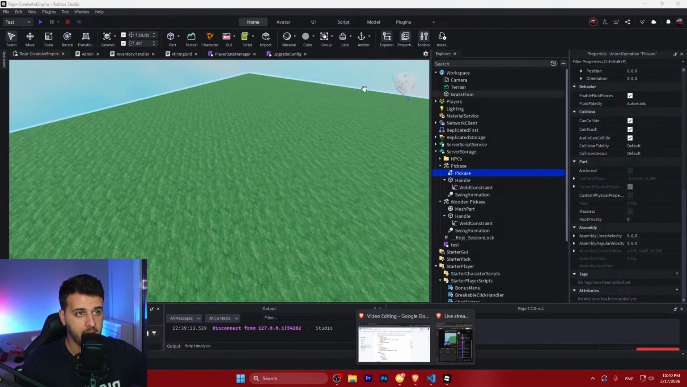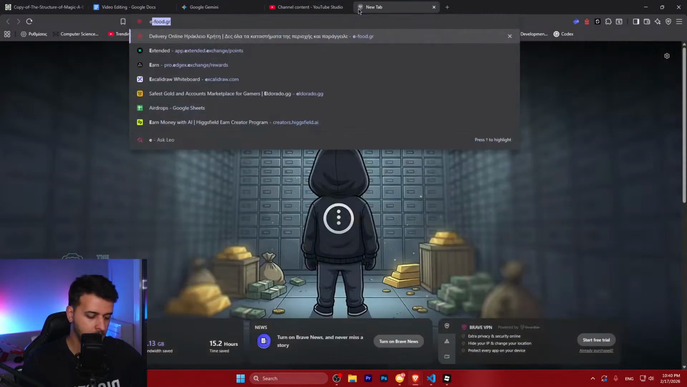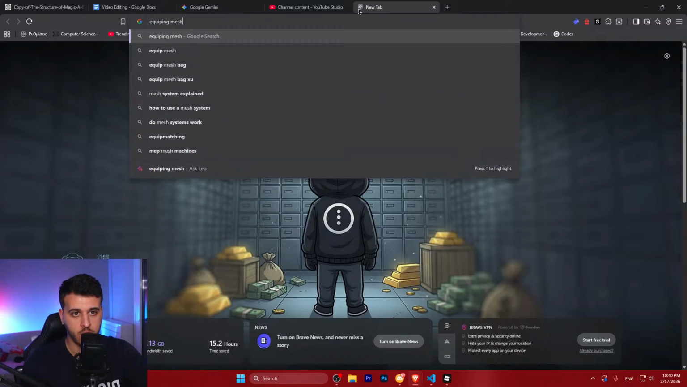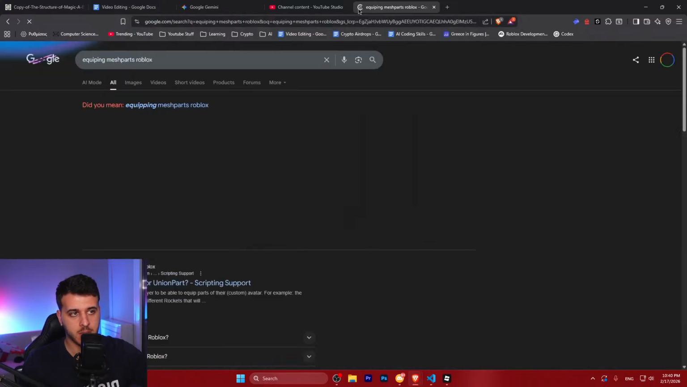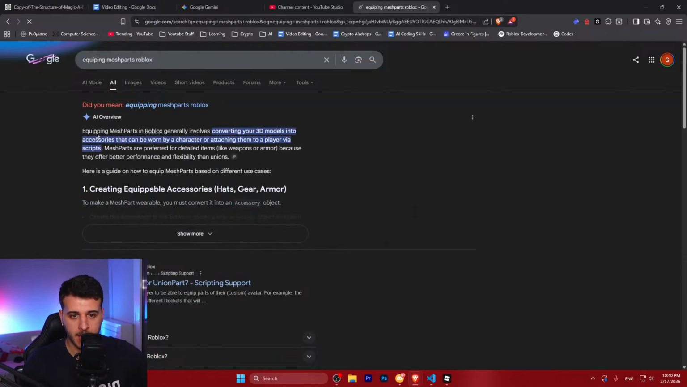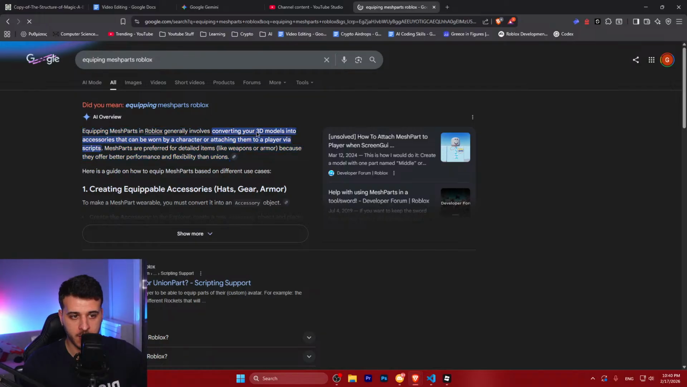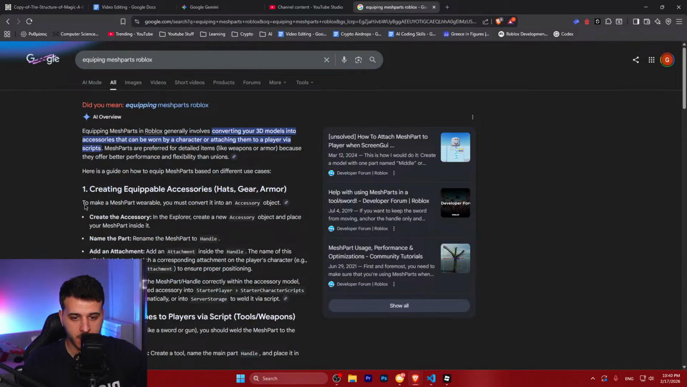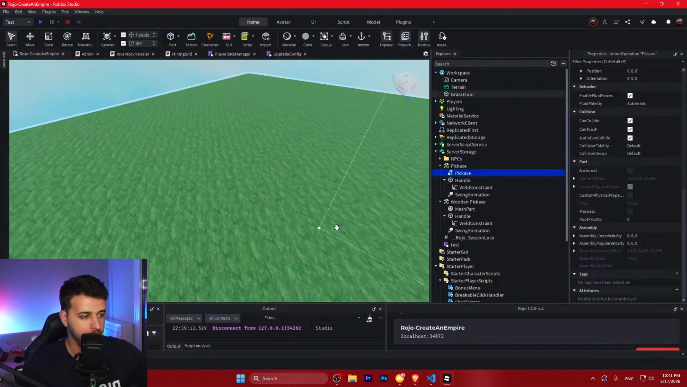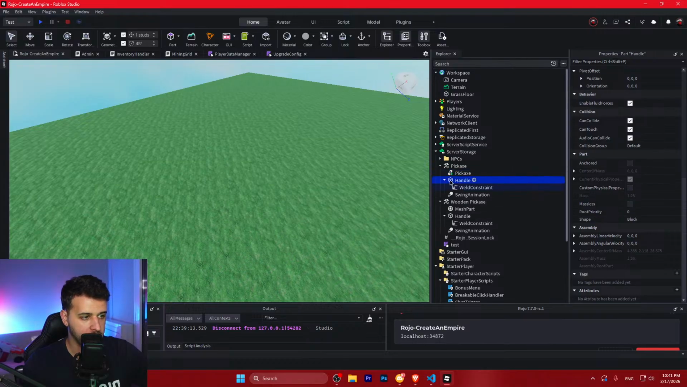Let's also check equipping mesh parts Roblox. Equipping mesh part involves converting your 3D models into accessories that can be worn. To make a mesh part wearable, you must convert it into an accessory object. In Explorer, create new accessory object and place your mesh part in it. Rename the mesh part to handle. Okay, so the handle is essentially